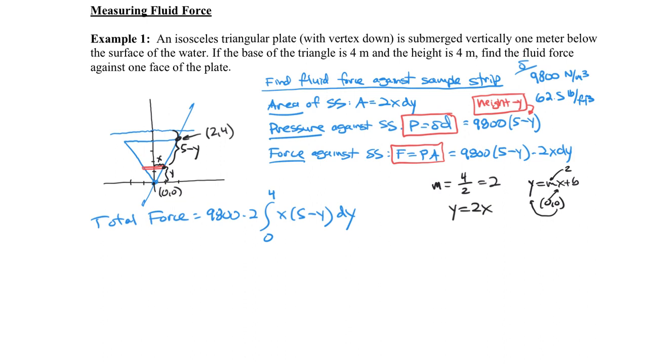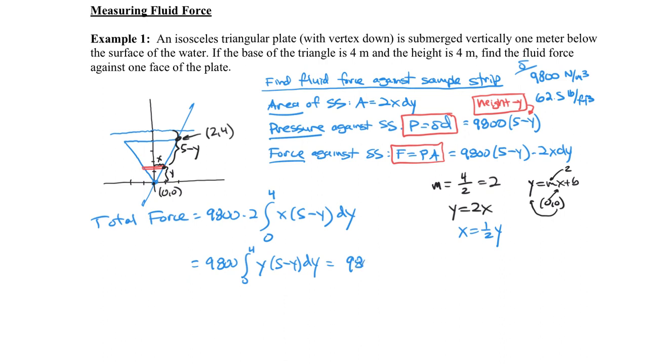y equals 2x plus 0. Now we need this to be x in terms of y. To fix that, we just divide each side by 2, and what we finally get is x equals 1/2 y. All right, so for this x, we can put 1/2 y in its place. When we plug in a 1/2 y here, that 1/2 will cancel with the 2. So what we'll end up with is 9800 times the integral from 0 to 4 of y times (5 minus y) dy,